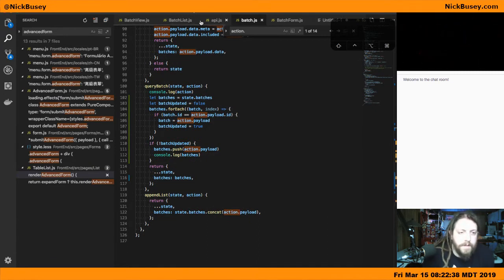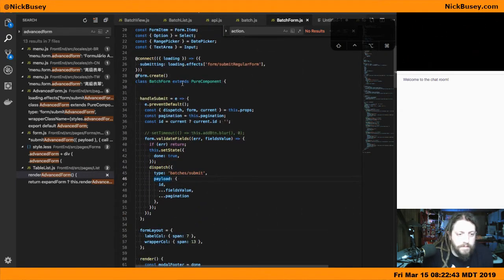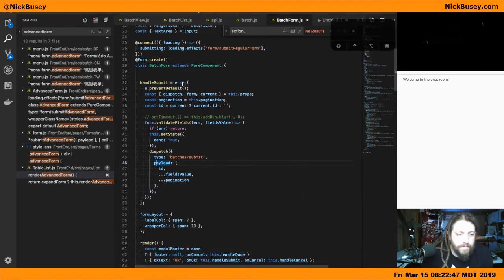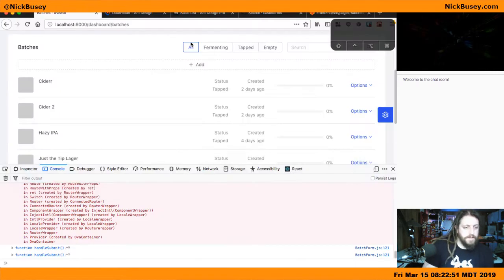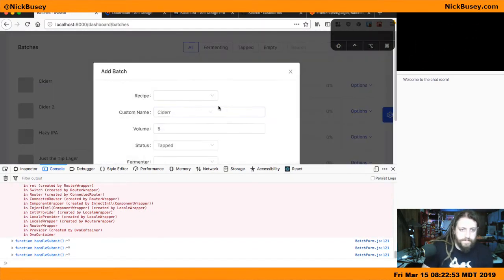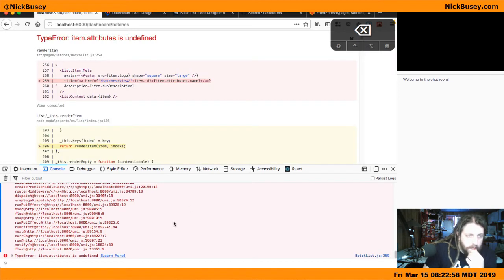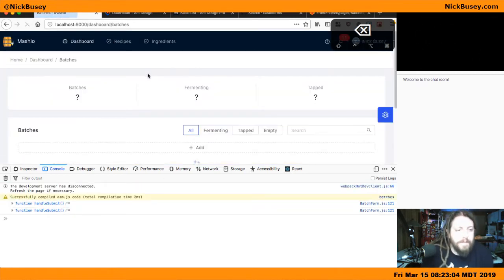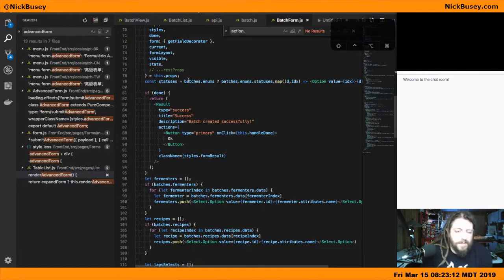And then this state. I guess the batch list is still managing our state for us. Alright, whatever. I'll handle that submission in a bit, but I want to get the batch